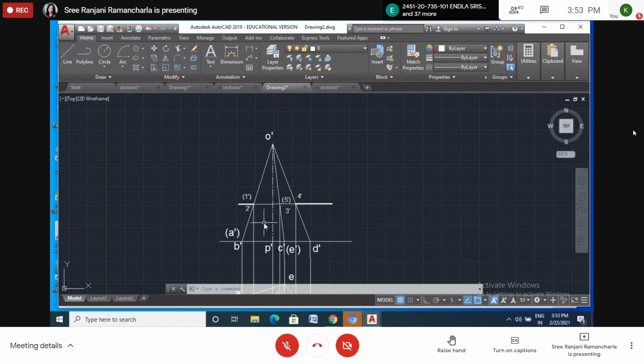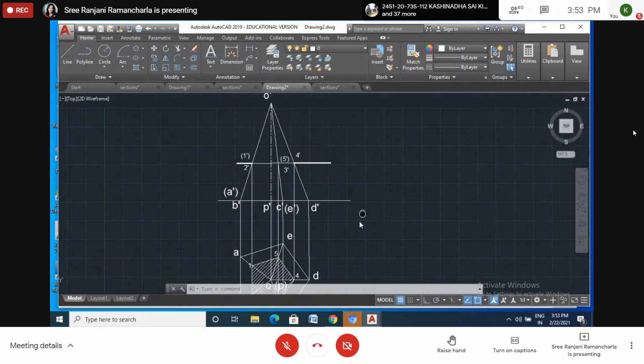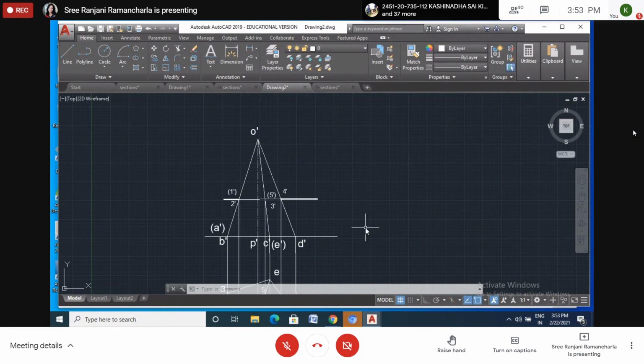Sometimes it will be seen in green or red color in the kala jamun. The same manner, that is this one. You have to give this section. This is called a section. So this total figure is called a sectional top view. Okay, is it clear to all of you?